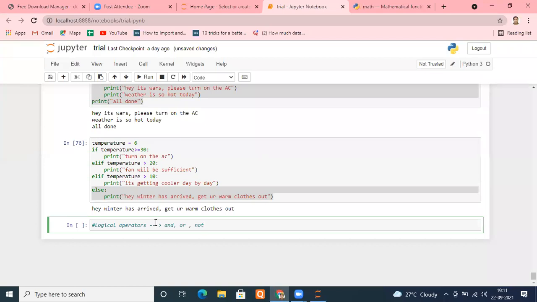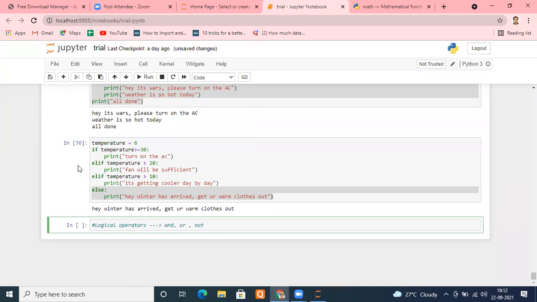You must be aware of the AND condition. If all the inputs are true, then only the output is going to be true, right? In case of OR, even if a single one is true, the output will be true. And not does what? It just negates, turns true into false and false into true.